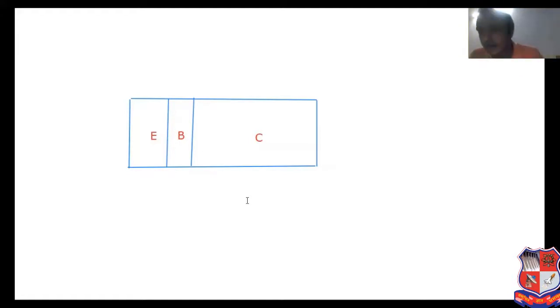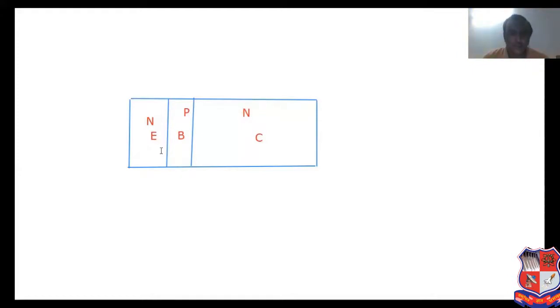Now for the transistor operation, it is compulsory for the emitter to emit the electrons. So emitter means what? It consists of N-type semiconductor for NPN transistor. Base consists of P-type semiconductor for NPN transistor, and collector is from N-type semiconductor for NPN transistor.